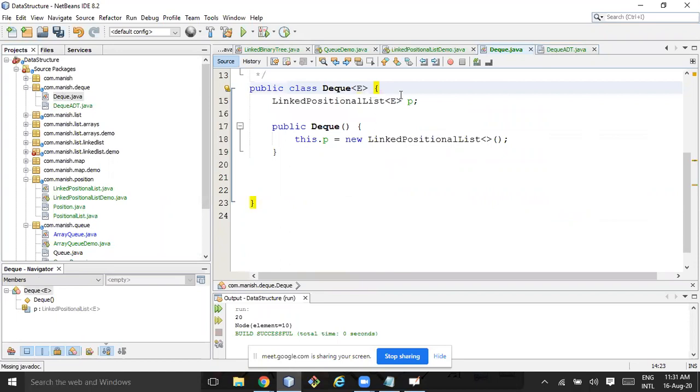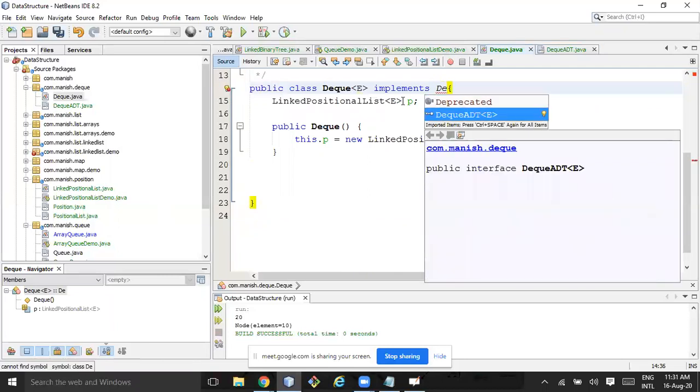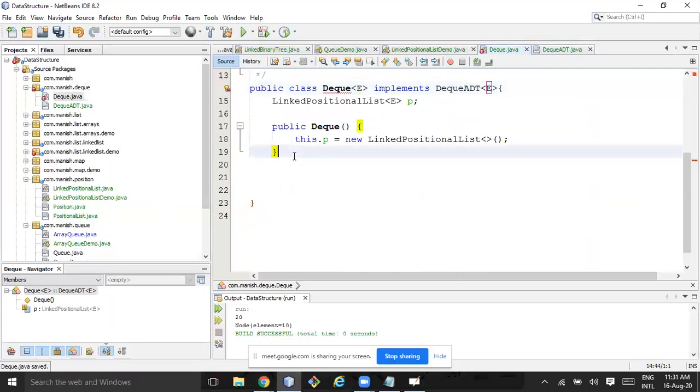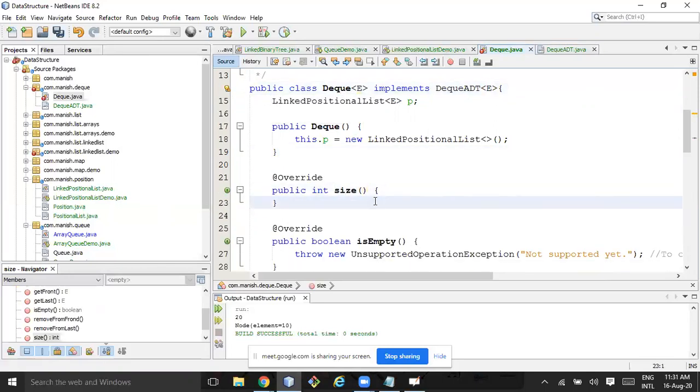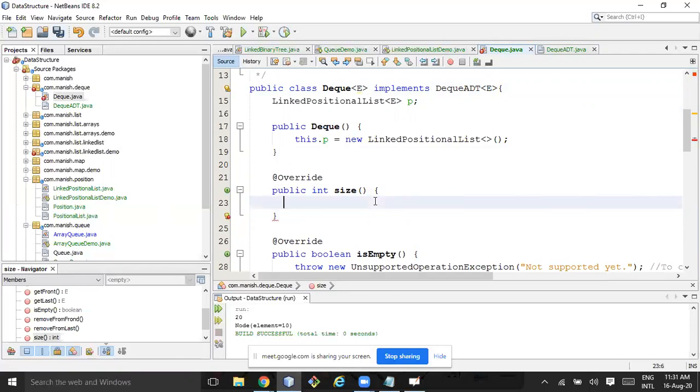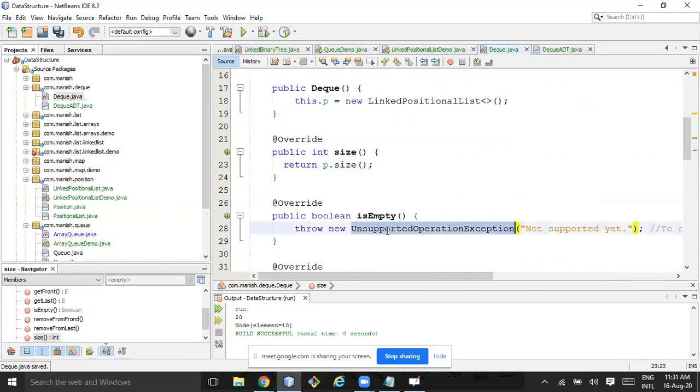Now I'll do implements. Okay, so it will ask to implement all abstract methods. Size: I'll do return p dot size. Return p dot is empty.